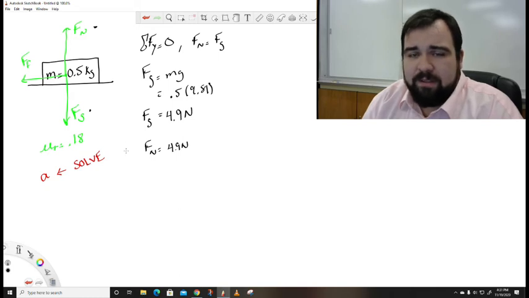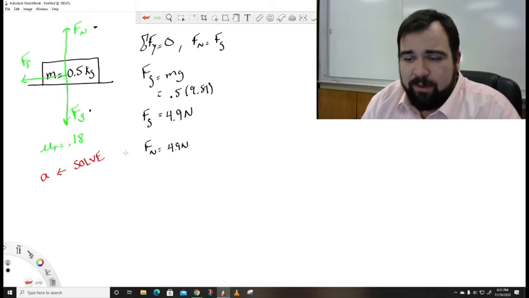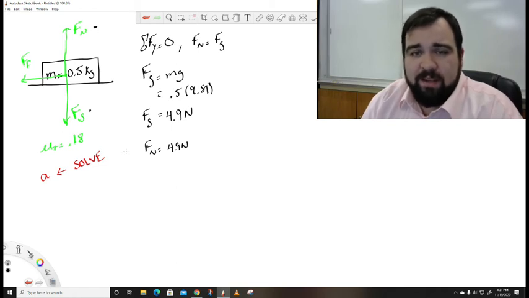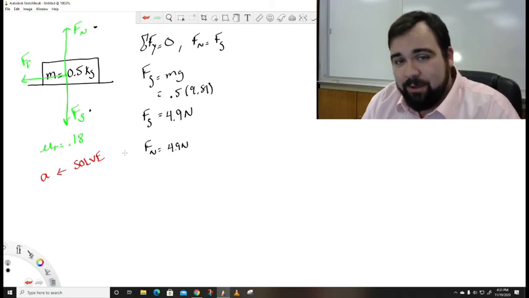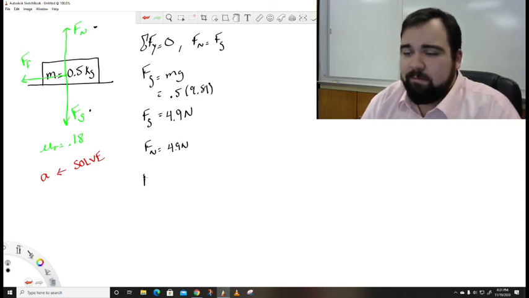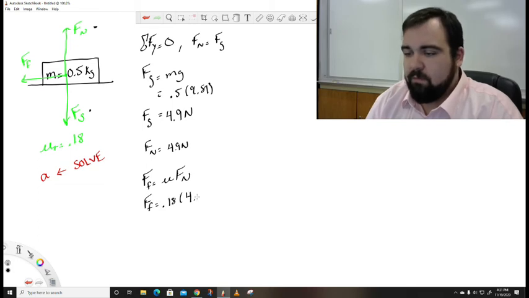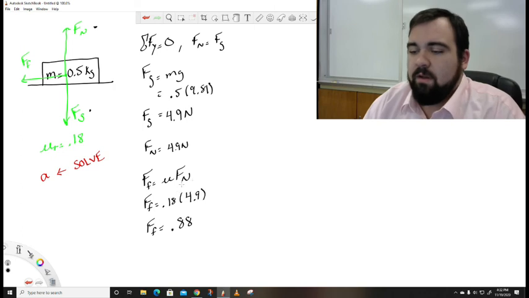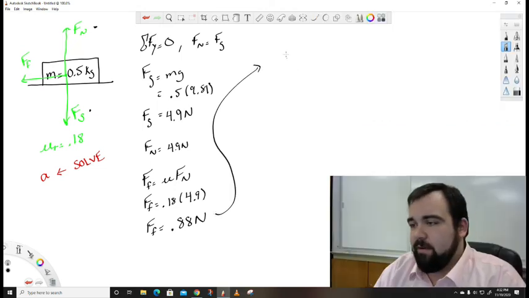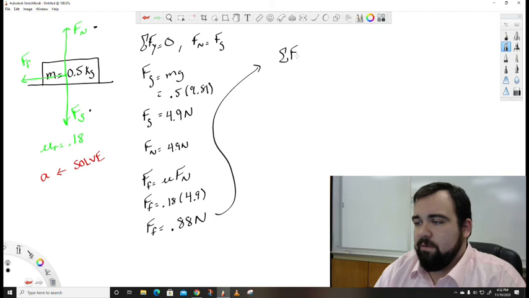Because in this instance, we don't have any other force values to worry about, and the net force is what we need, and the net force here is just going to be the force of friction. So we get an F of 0.88 newtons. Now from there, since we said this is going to be the same as our net force in the x direction,